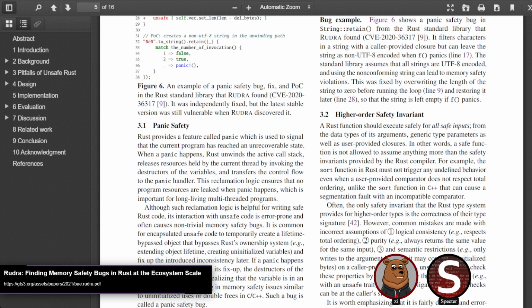Which frankly I wasn't aware of as that sort of issue. I mean, obviously panicking, getting errors anywhere unexpected creates issues. It's just nice having these laid out. At least for me, I'm definitely interested in something specific to Rust things. Moving on to the second one here, the higher order safety